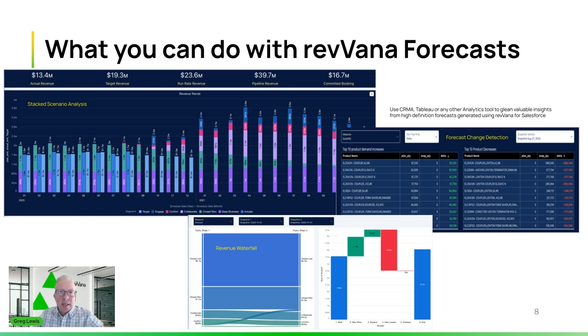And more importantly, compare that to actuals on a real-time basis. We open up demand forecasting. We've got customers using SAP, large, very sophisticated demand systems with demand planning capabilities. There's one thing those demand planning applications don't know. Those demand planning applications don't know what's happening in Salesforce.